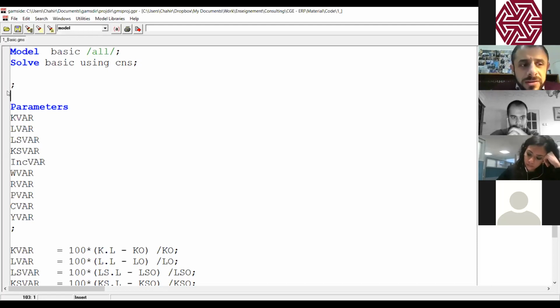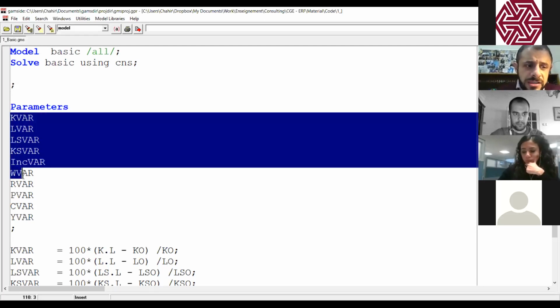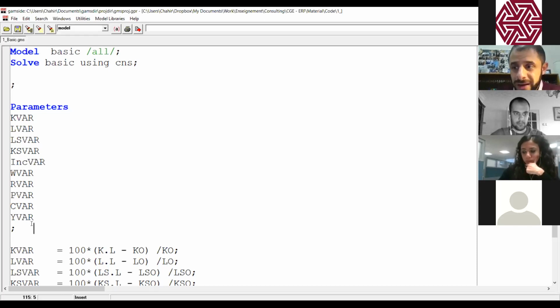These parameters represent the growth rate of each variable, calculated based on the difference between the variable after the simulation and the base year. So I declare these variables as kvar, lvar, lsvar, to show the variation.